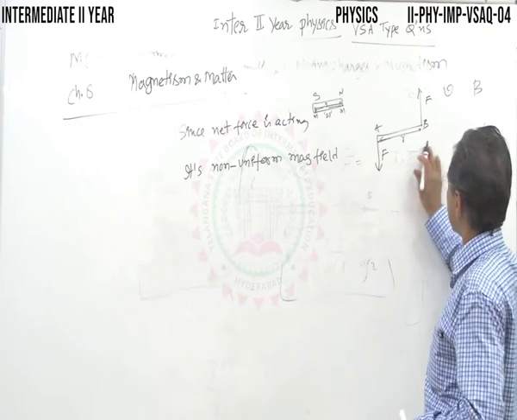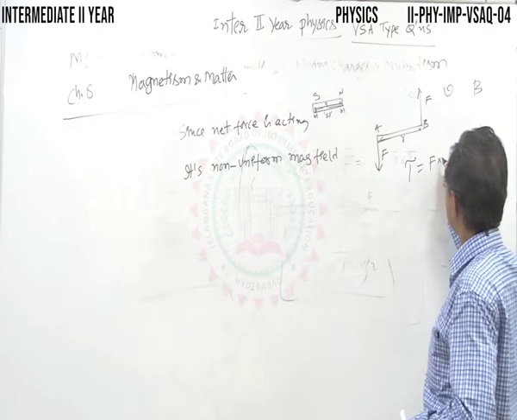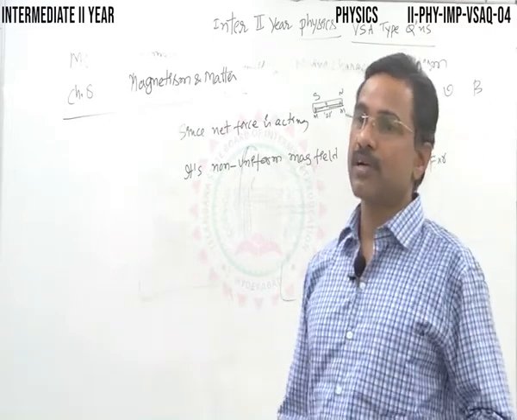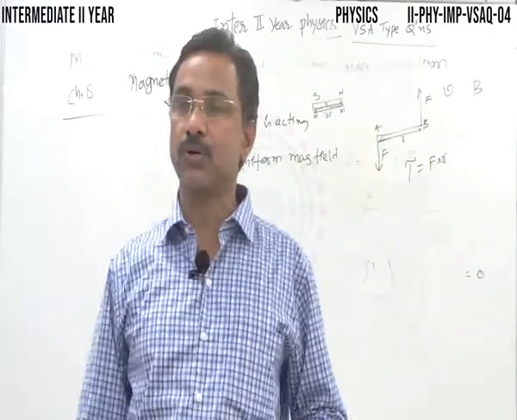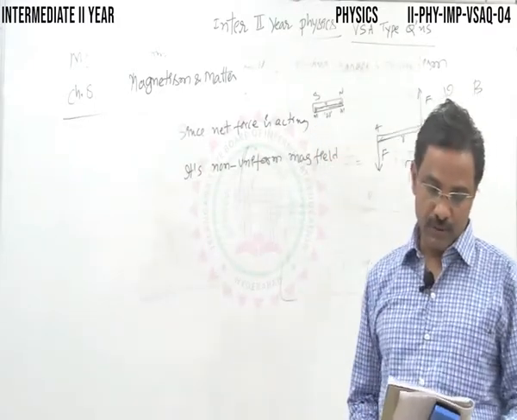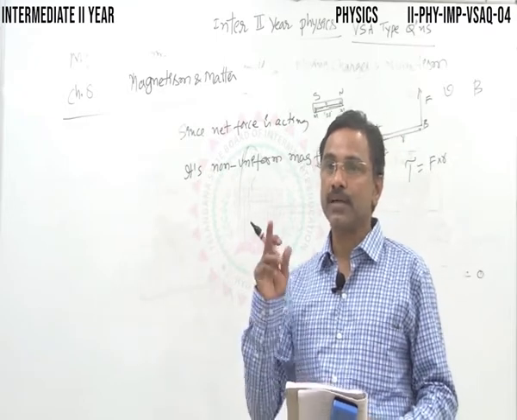They are at a distance R. Then the torque acting on the body is the magnitude of one of the forces times the perpendicular distance R, F into R. Whenever torque acts, there is a tendency to rotate the body about an axis, isn't it? So for this particular question, since a net force is exerted on a magnetic dipole, the magnetic field must